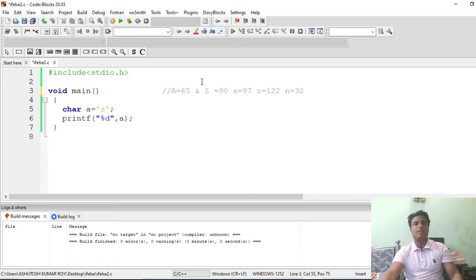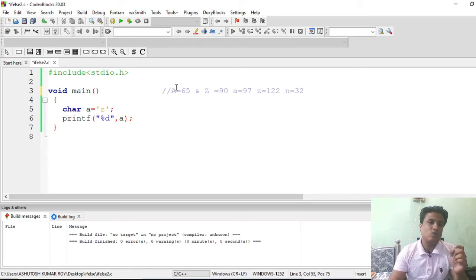So each capital letter and small letter differ by the number 32. So to convert a capital letter to a small letter, we just add 32, so 65 becomes 97, and we return its character value using percent C. Using percent C, we can find the original character. So in this way the conversion will work.